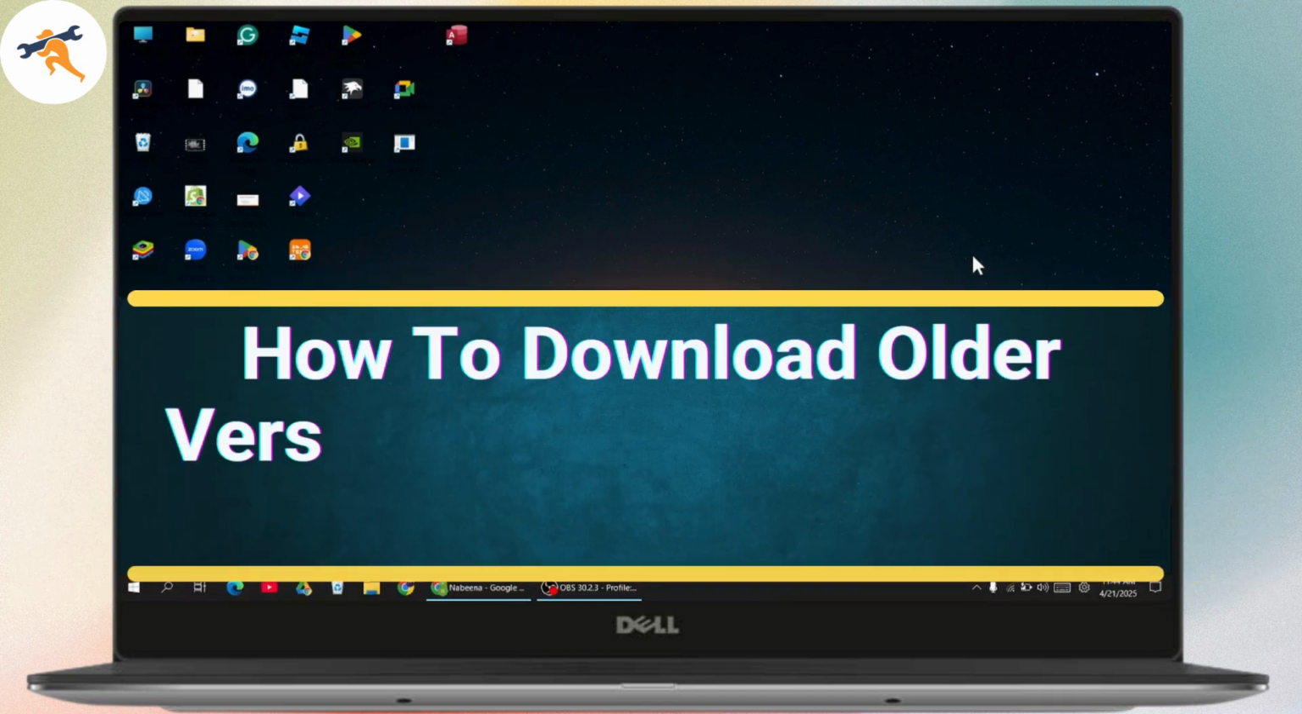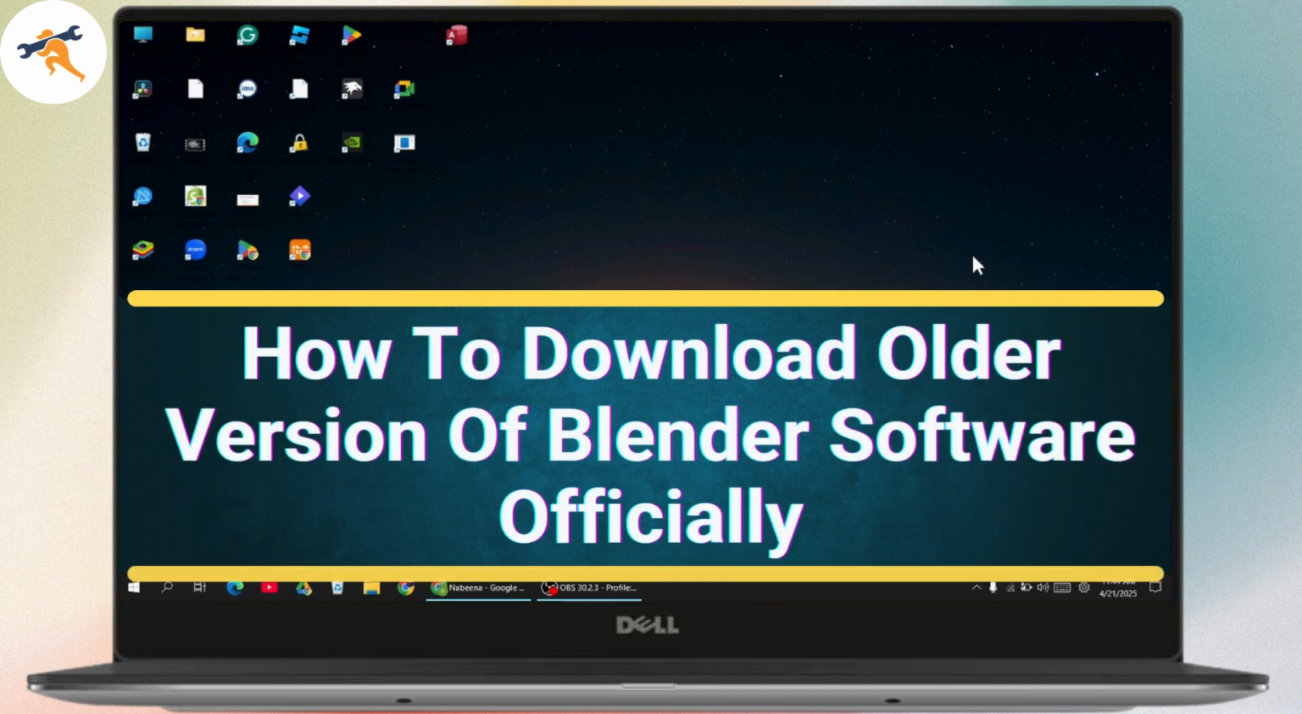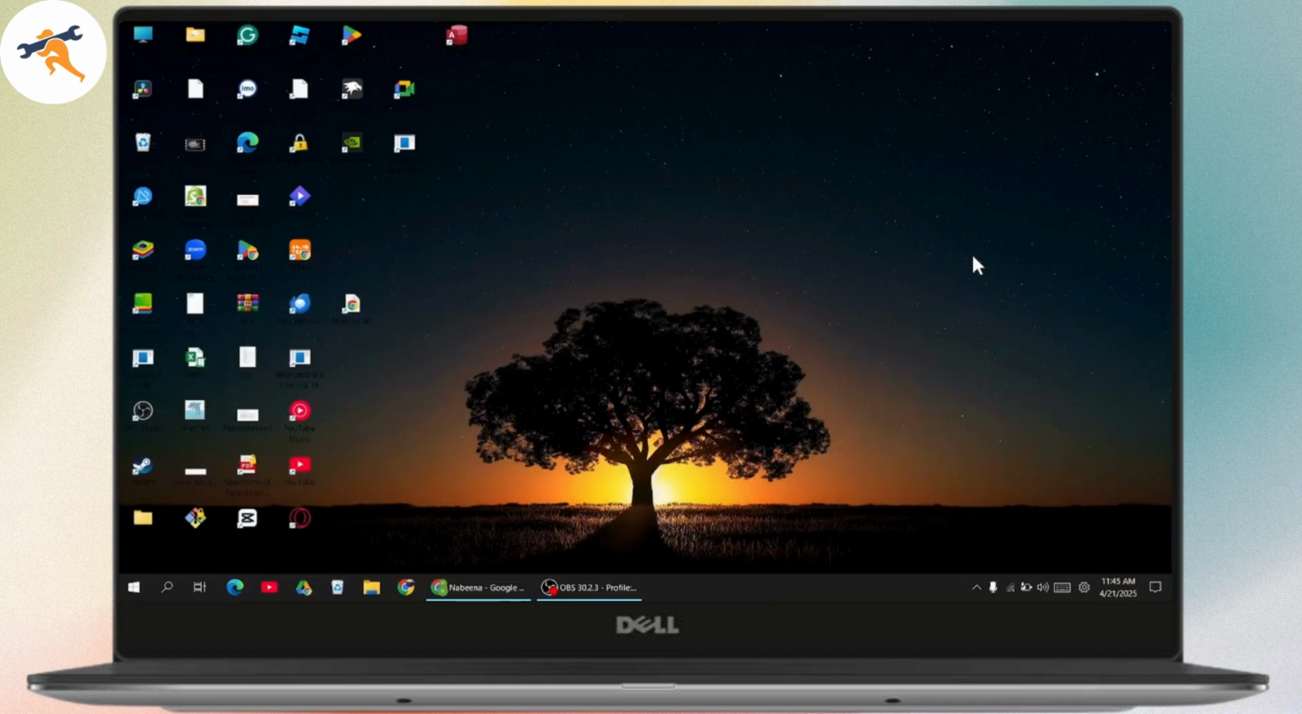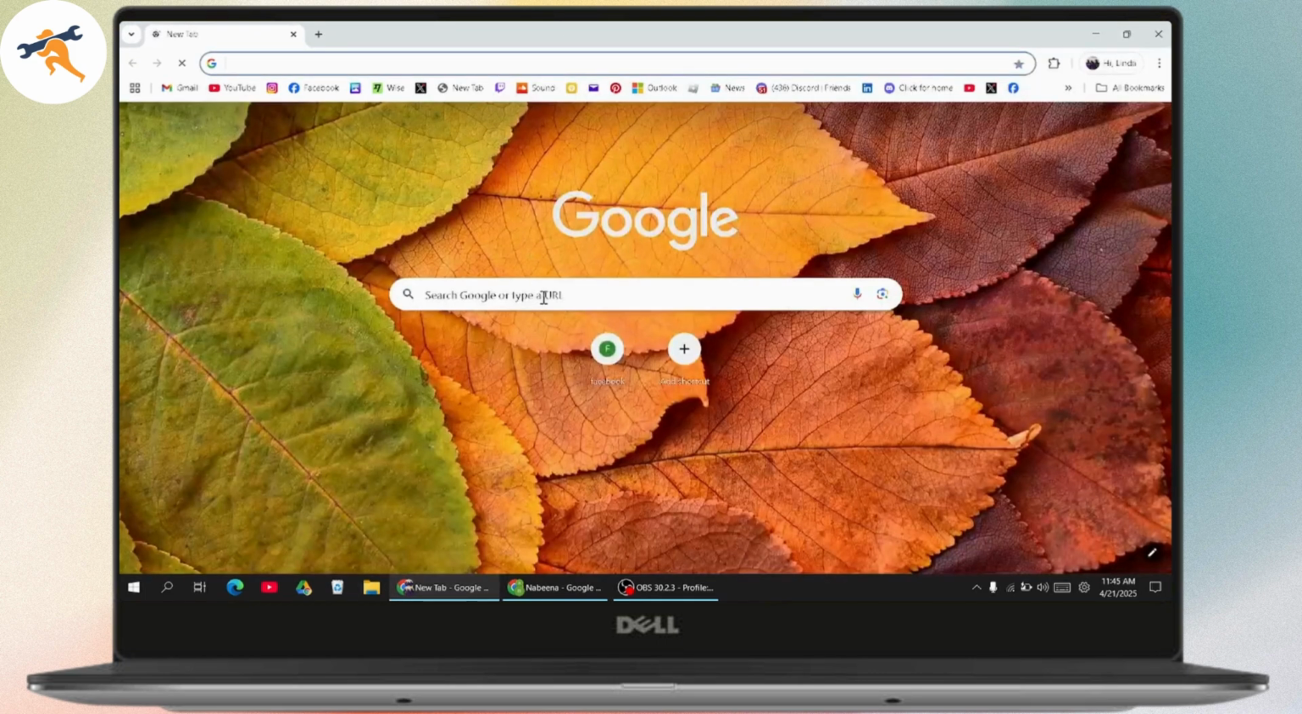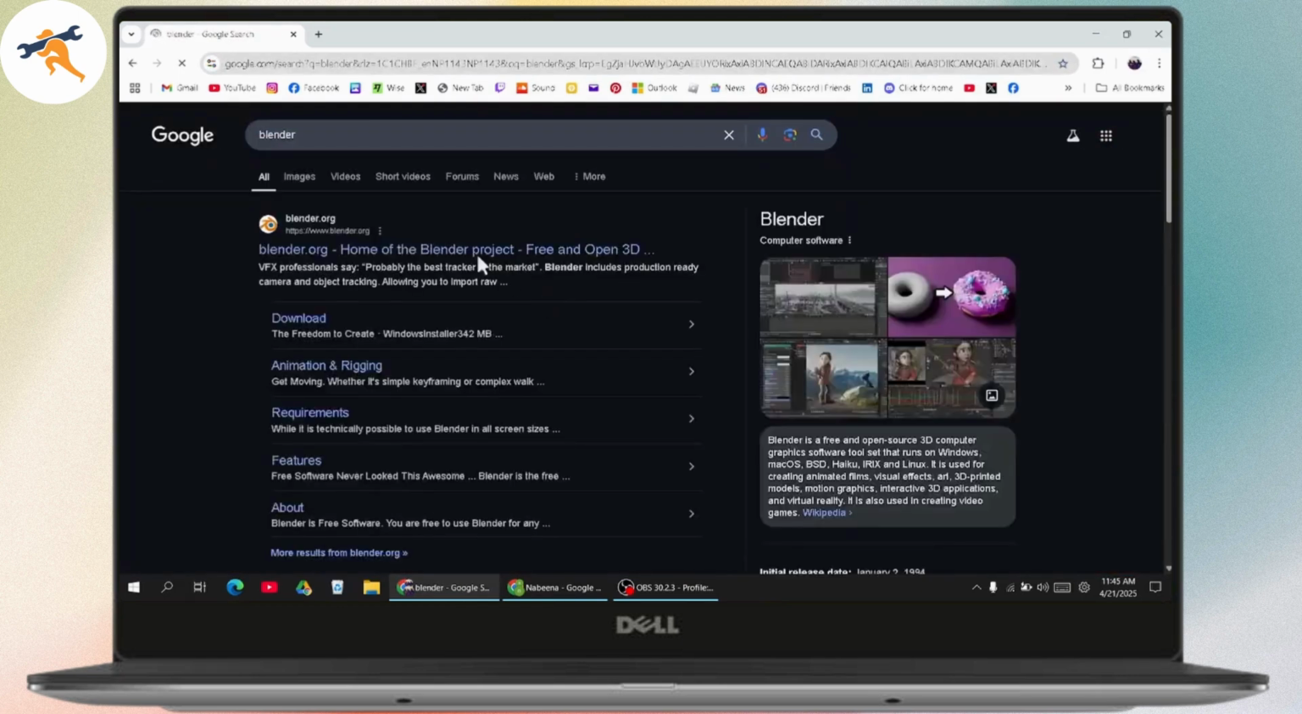How to download older versions of Blender software officially. So if you want to download older versions of Blender software, then first make sure that you have a stable internet connection. After that, you just need to simply open up your browser. After opening your browser, you can search for Blender and go with